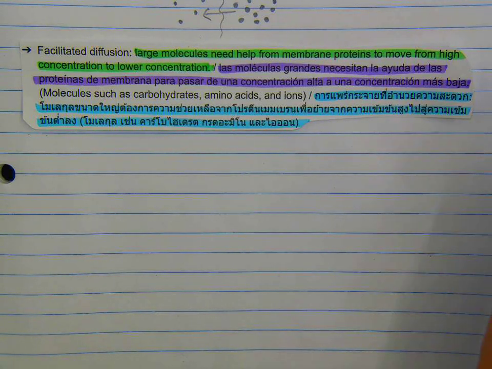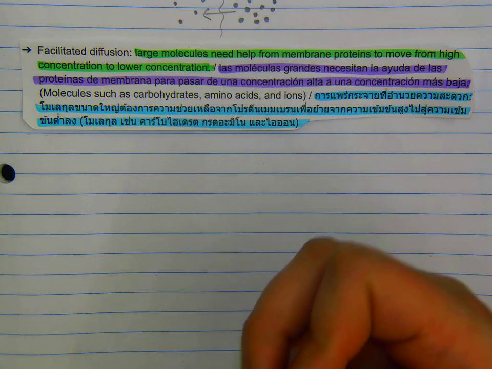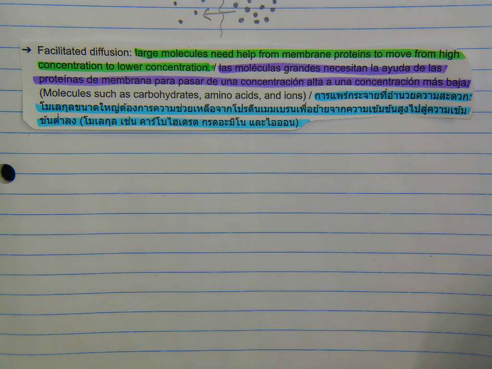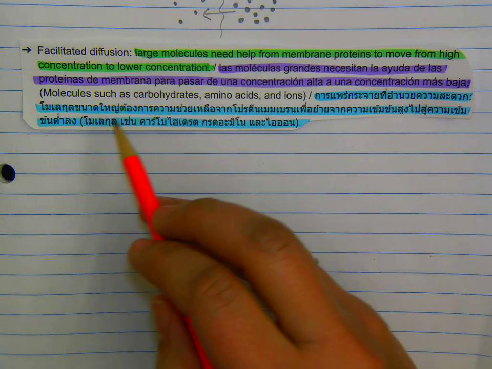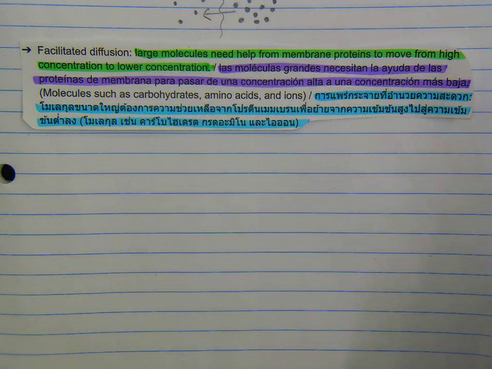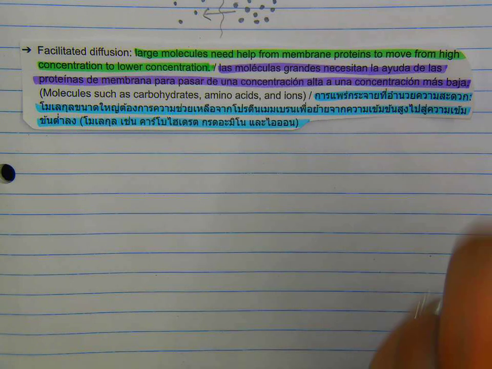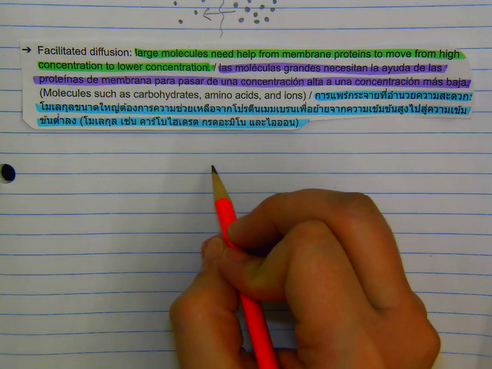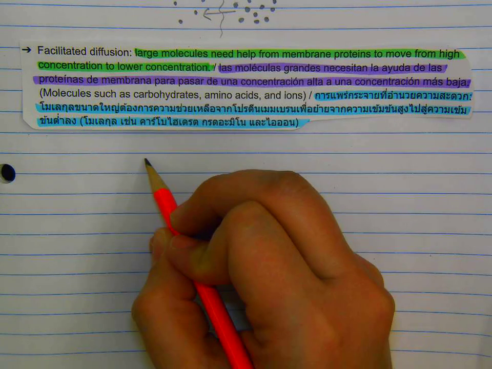They're not something small, such as an oxygen or carbon dioxide molecule that can just pass through. These are larger molecules like carbohydrates or amino acids or ions that have a charge. And so they need help. So this means that we have